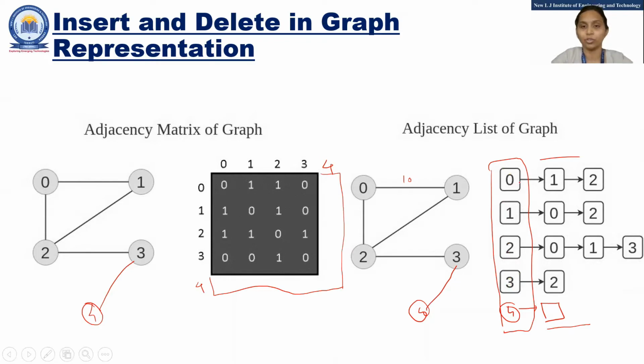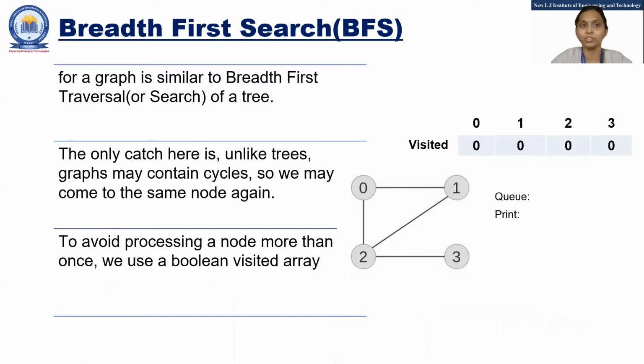Fine. So now we will jump to the next topic, that is breadth first search. When I say breadth first search, the name itself says that we are trying to search the graph. This is also a technique which is used in a tree as well. So breadth means level wise search. When some level has already been visited, then after that the lower level is visited. Likewise, the whole tree is traversed and all the nodes are visited.